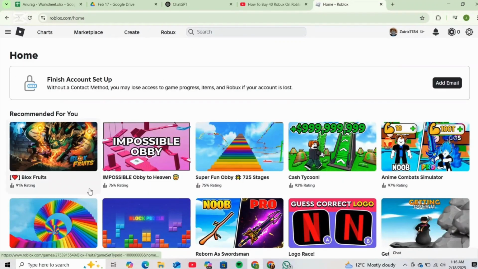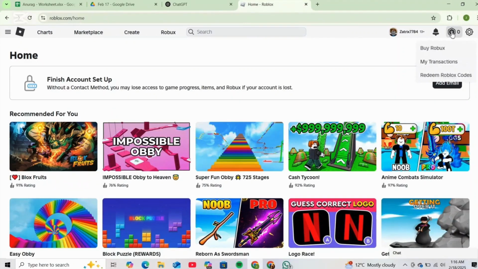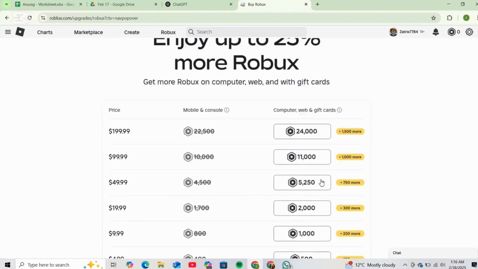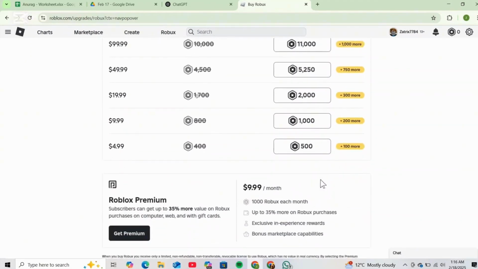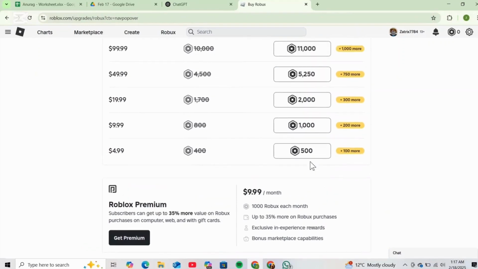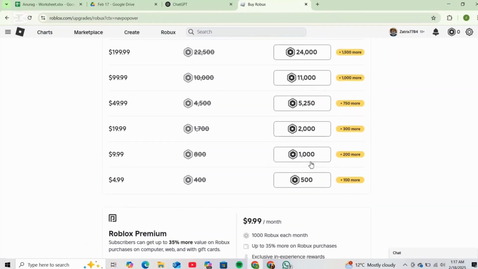And once you're logged in, simply click on the Robux option shown in the top right corner of the screen. After clicking on that, a drop-down menu will appear. From that menu, simply click on Buy Robux and you will be taken to the page where you can purchase Robux. And here, if you don't see the 40 Robux option on your PC or laptop, that's because the